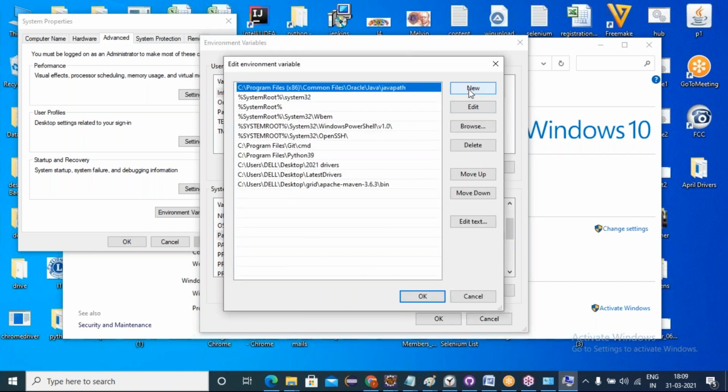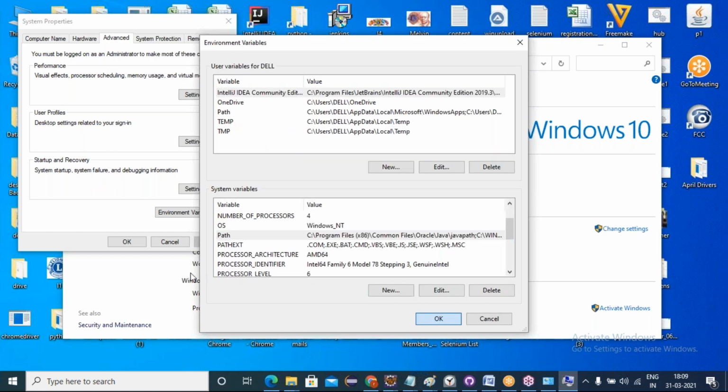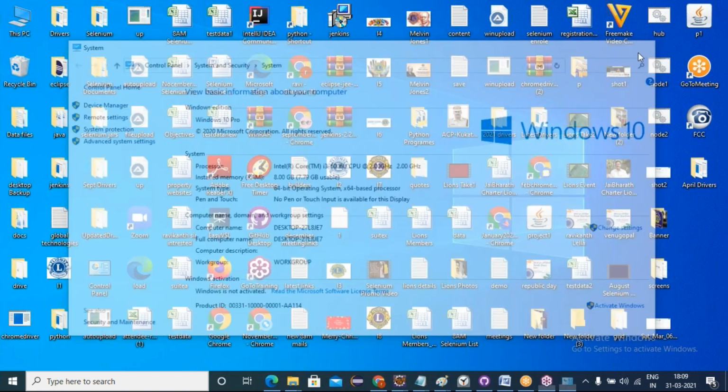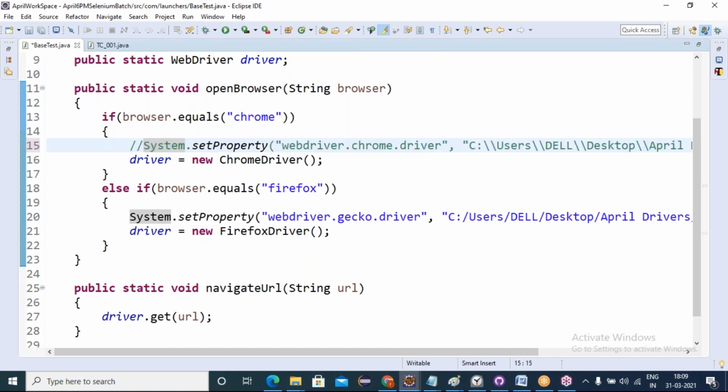Here we click on New and give the path like this. The driver's path we give here, and click OK. In your system, if you do not do it like this, you will get some error. So you are setting the drivers through system environment variables.